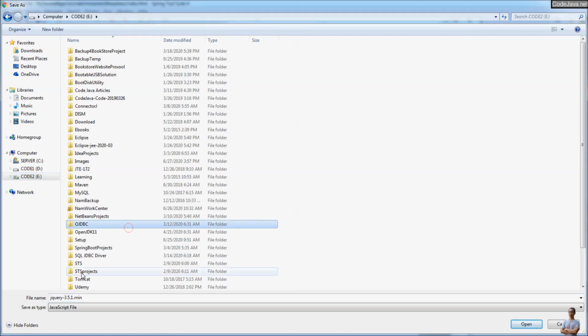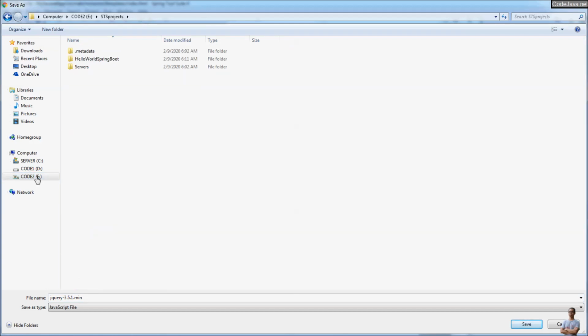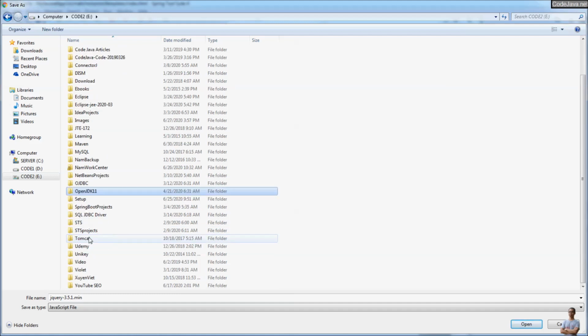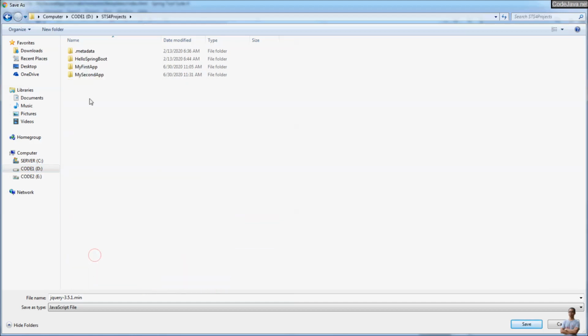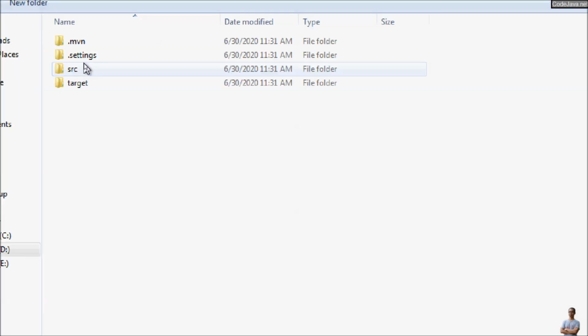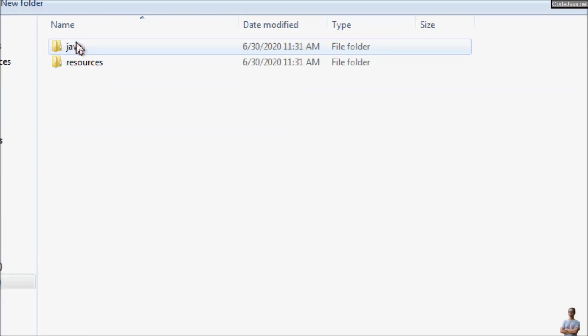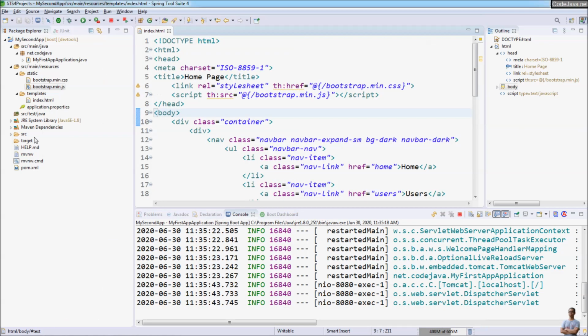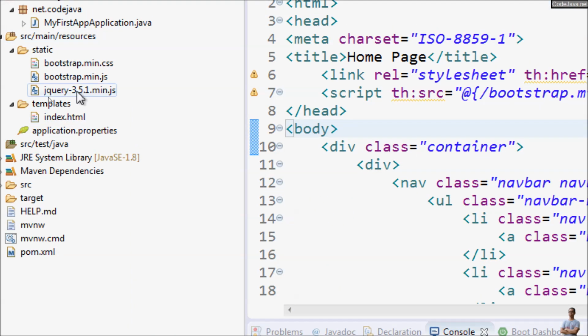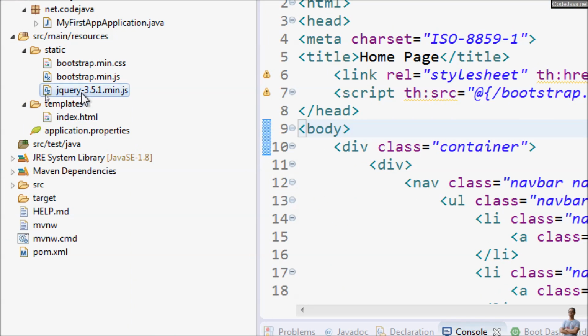Let's see our project directory, SDS for projects here, my second app here, and src main resources static here. That's it, and go back to Spring Tools IDE and refresh the project. Refresh, and you will see the JavaScript file for jQuery, jquery-3.5.1.min.js here. Copy the name,